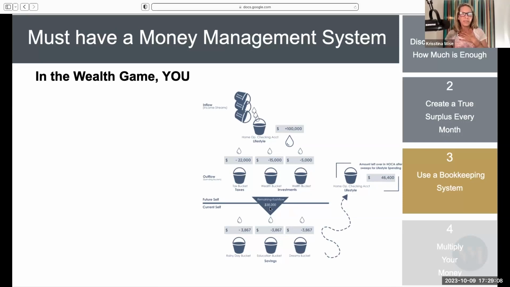What's left over there would be $58,000. It's still in our main account. And then we move $38.67 into a rainy day bucket. We move $38.67 into a savings bucket. And we move $38.67 into a dreams bucket. And then we'd have $46,004 left over that would allow us to pay the rest of our bills. So again, this is a way that when we pay ourselves $100,000 a year or $100,000 this month, or whatever the case is, this is a formula for what to do with every dollar of the $100,000, to give it